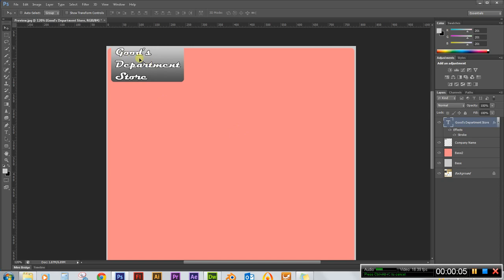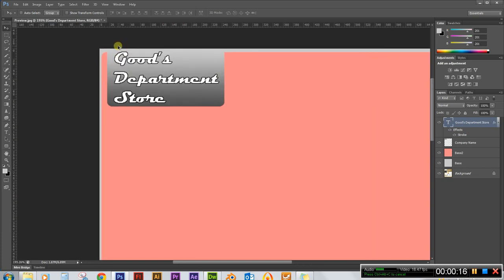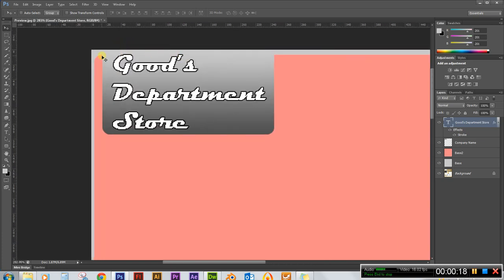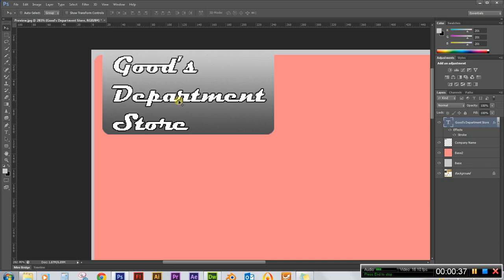Moving on, actually I'm going to modify my text just a little bit here. Yours may look a little bit different than mine, but what I want to do is make sure this top word is actually below this imaginary line that would connect this corner point to this corner point. Just imagine a line being there. One thing you could do is just actually select your text and then nudge it down a couple pixels, which is fine, but I feel like there's quite a bit of space between